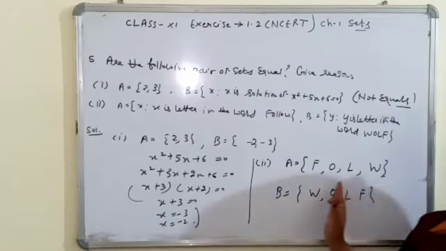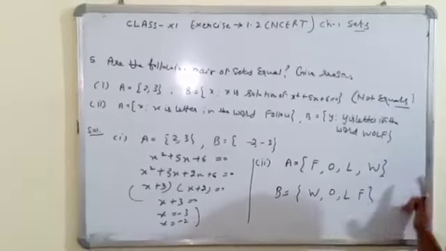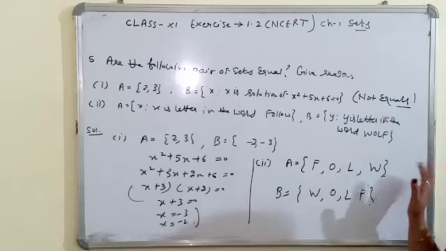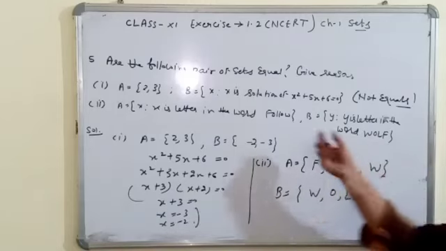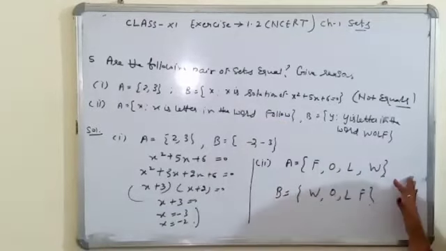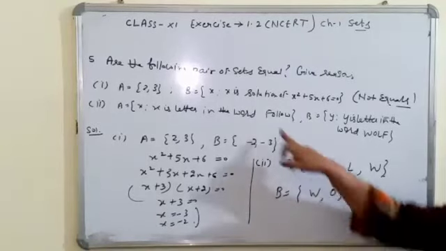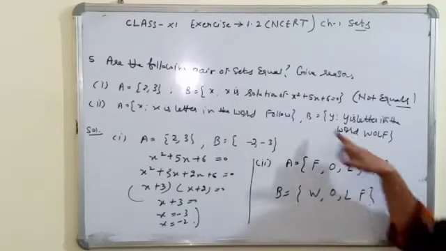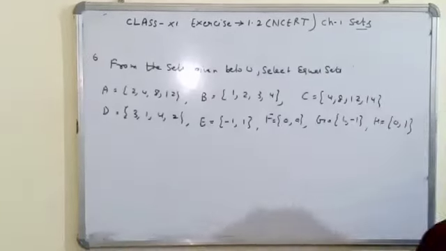Yes students, here you can see set A and B verify the property of equal sets. All the elements of set A are present in set B and all the elements of set B are in set A. One more thing that I want to explain: in follow we have 2 times L, so you have no need to write it 2 times. These 4 are the elements of set A. You have no need to repeat it. Okay. Now this was your question number 5.